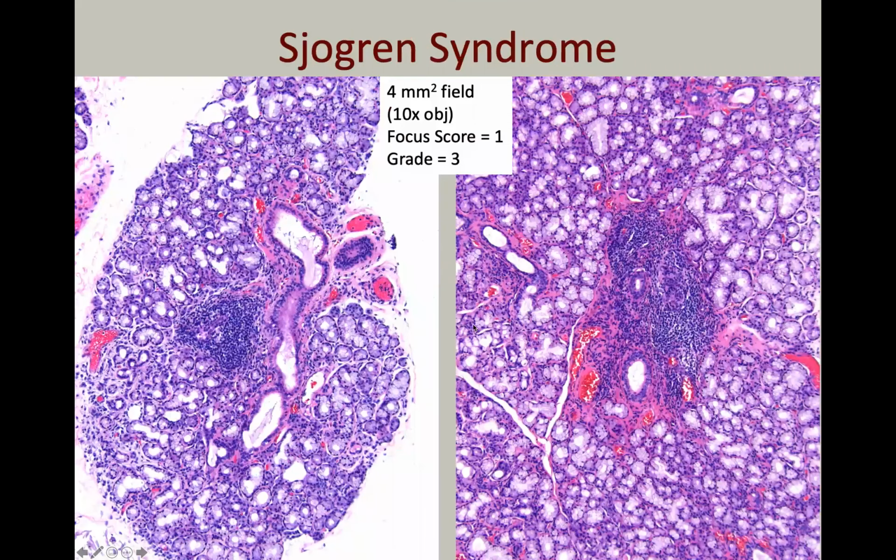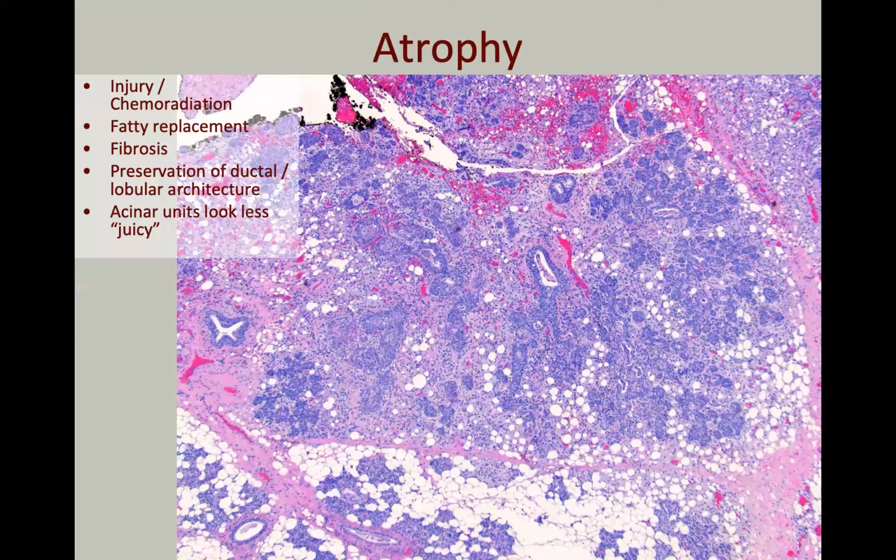But basically this is what it looks like. So a nice discrete cluster of 50 or more lymphocytes would represent a focus. And this is essentially thought to be predictive of some kind of Sjogren's syndrome in the absence of good serologic evidence of SSA or SSB antigens or antibodies. All right, atrophic change in salivary glands can happen, especially in the setting of injury or chemoradiation, which